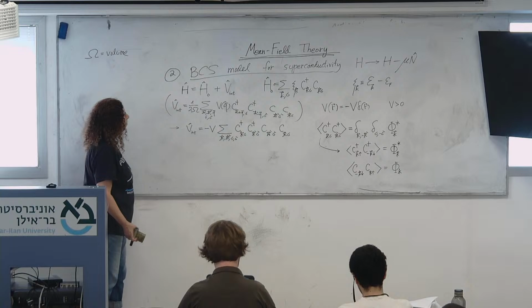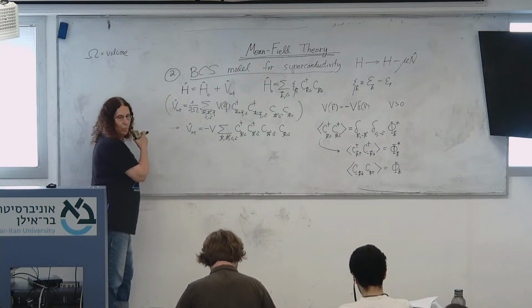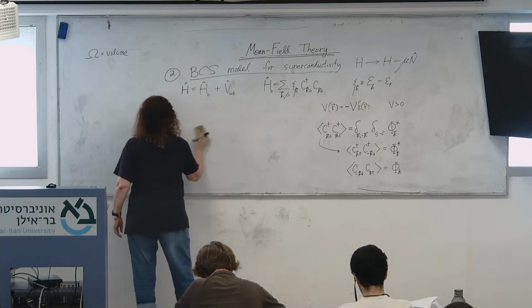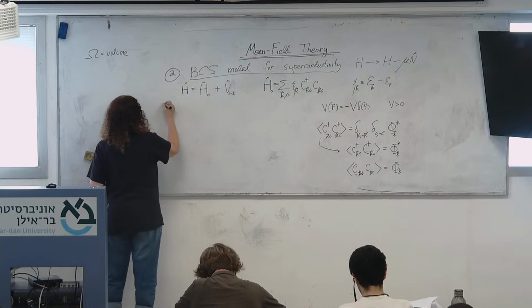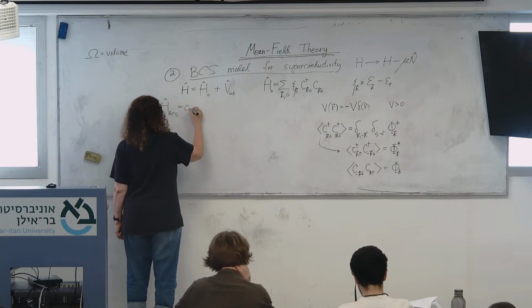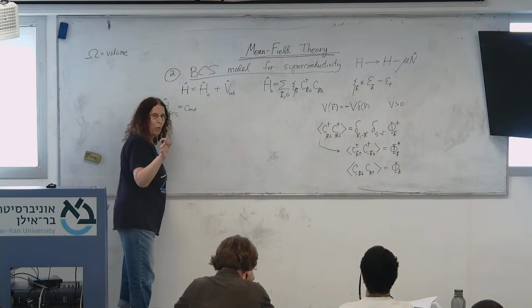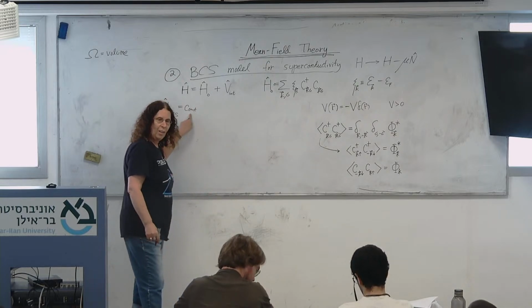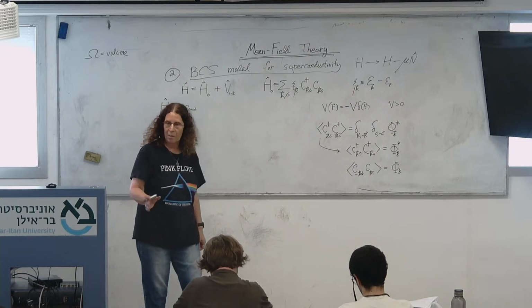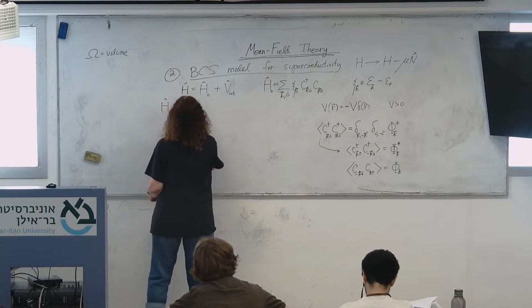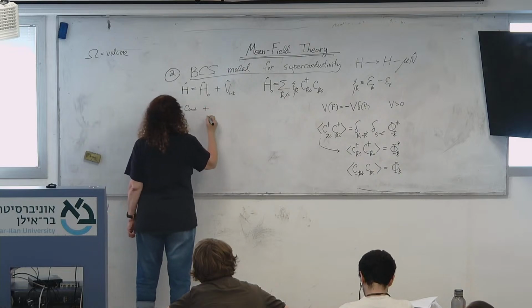Okay, so then what I'm getting is an approximation, but once again, I call it H BCS, and it's given by, there is some constant that I have to warn you always is there when you do this mean field, and in the tutorial, Sarah will actually derive what exactly it is, because it may be important if you want to know what is the final ground state. But I ignore it for the moment,